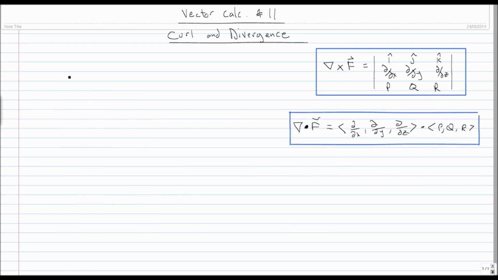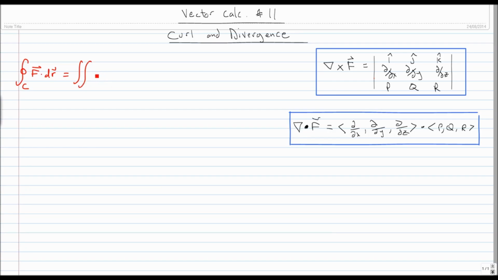Okay, so the reason I'm talking about curl and divergence now is because Green's theorem, Stokes' theorem, and the divergence theorem all include this kind of notation. So I think in video 9 or something like that, when I first talked about Green's theorem, I wrote a bunch of different ways that Green's theorem can be written. So I'm going to write them again, with this notation, just so you can see how it's used. Green's theorem says that the line integral of a vector field around a closed loop is going to be equal to